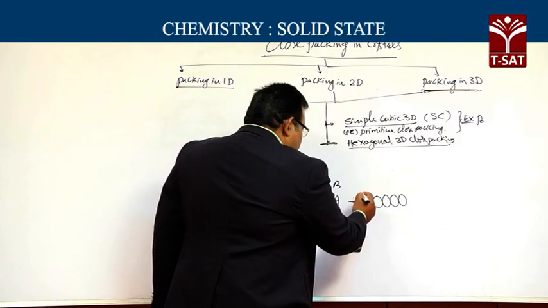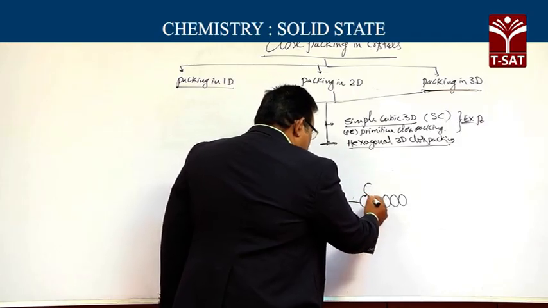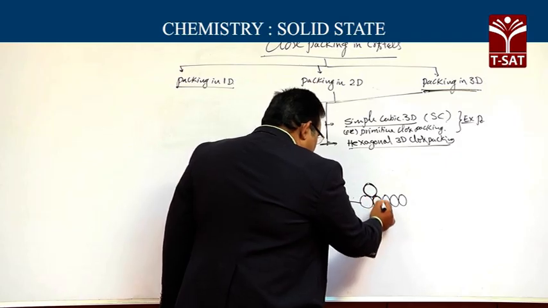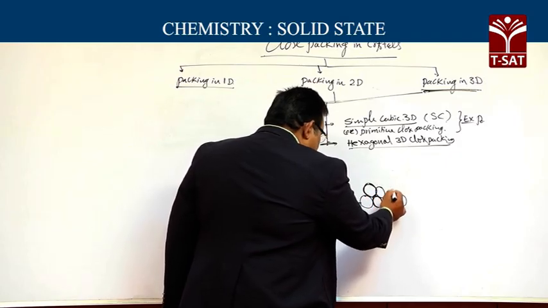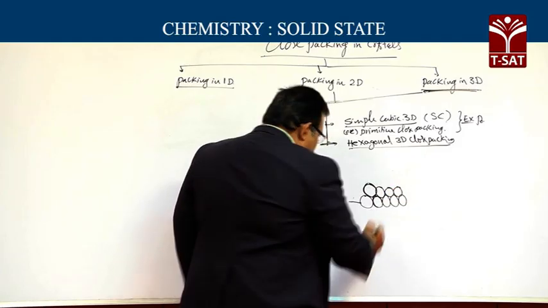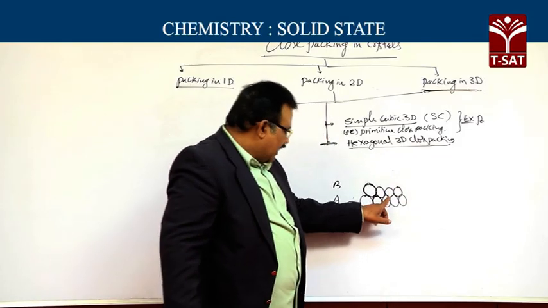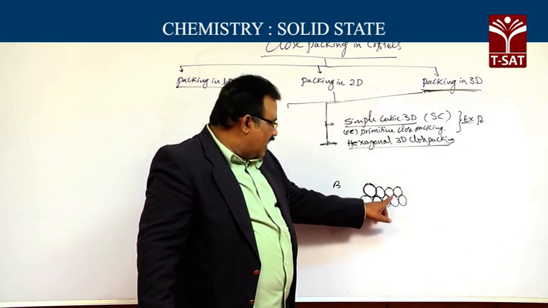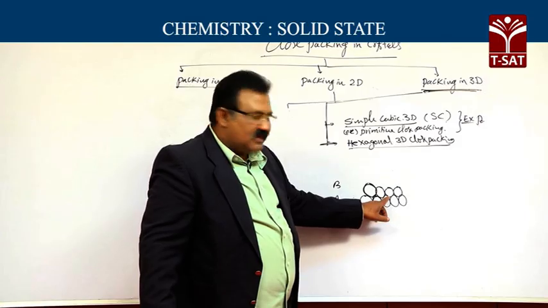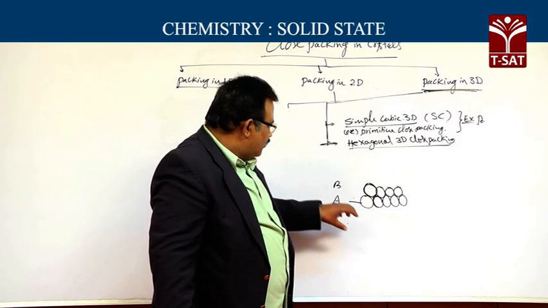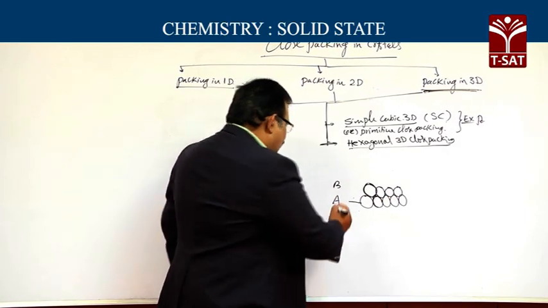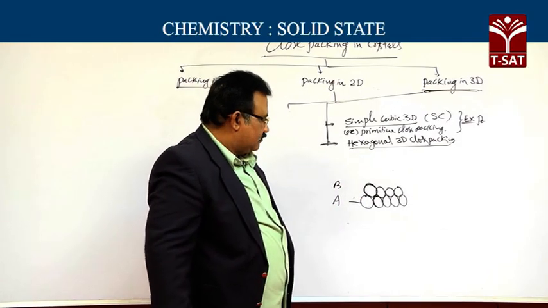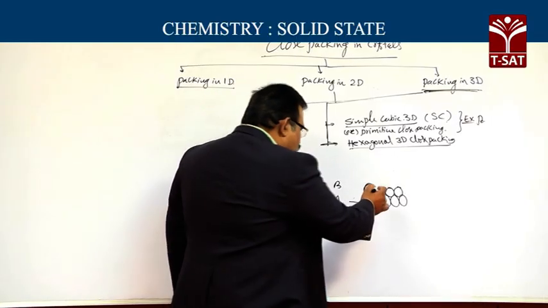A B layer whose spheres occupy the depressions of the first layer. Then you see here a triangular vacant space is formed. The triangular vacant space. If another layer like C is placed over it,